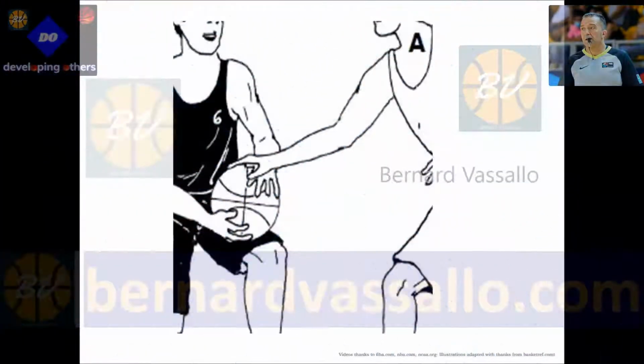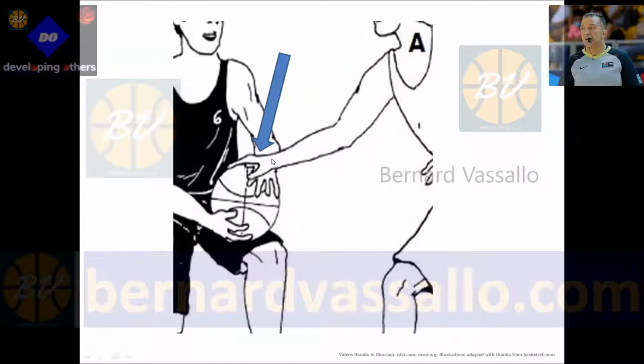Some more situations here. An interesting situation. We are seeing the defensive player in white tapping the ball. The white player is tapping the ball from the control of black number 6. If by doing so he accidentally contacts the hand of black number 6, I repeat, if by doing so he accidentally contacts the hand of black 6 while black 6 is holding the ball, as we could see here in this picture,